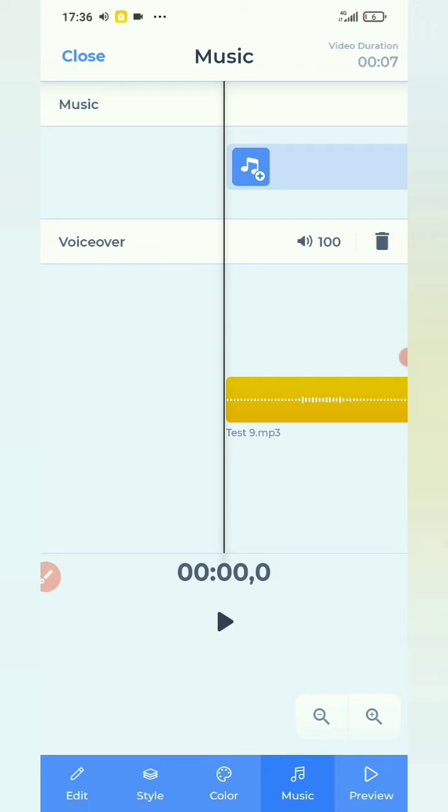So that's how to get a voiceover done with the app. If you are using it, of course, when you are done, you preview and you export. If you are using the website version,